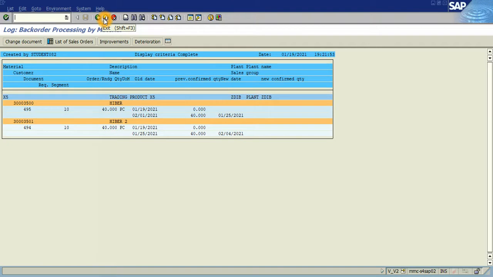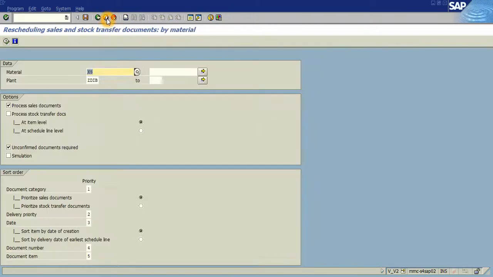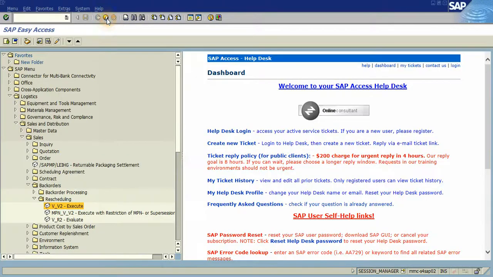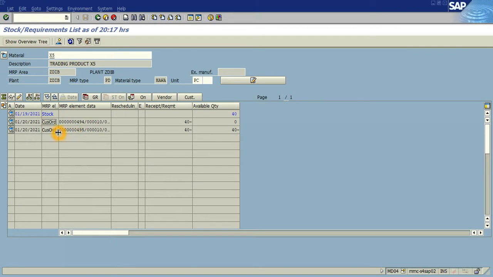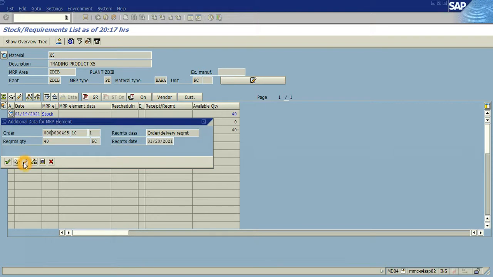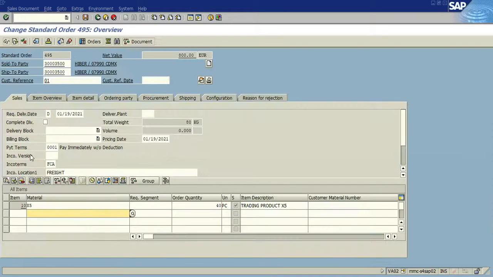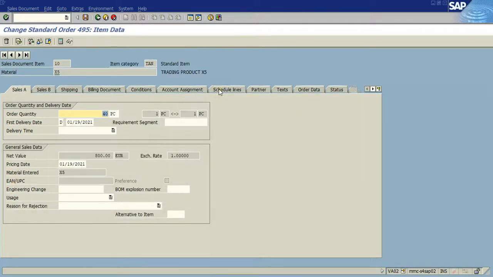And go back. So now Hyper 2, so now Hyper 1 that arrives later in time will have an earlier date. So if I go to the schedule lines by selecting the item detail, I'm going to schedule lines,